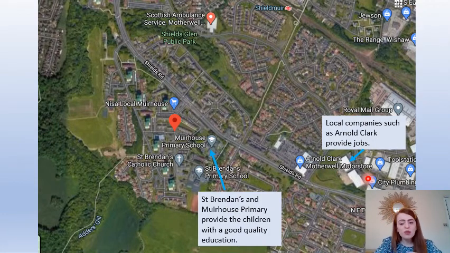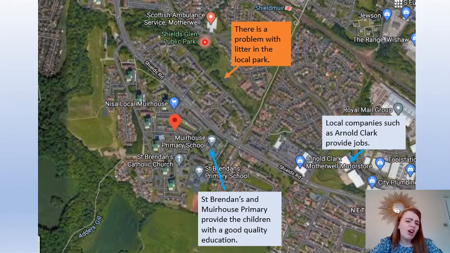They provide jobs, which means that people can be happy and they can feed their families, so there's opportunities for people in school to grow up and get a job nearby. But we've got Shields Glen, and sometimes there's a problem with litter there. I know that it kind of gets better at different times when the community all gets together, and that's one of the great things about a community, but there is a bit of a problem with litter. So that's something I've coloured in red to show that that's more of an unhealthy aspect